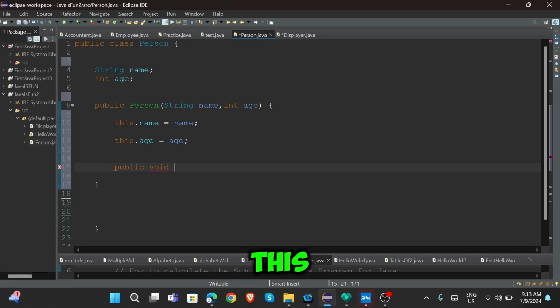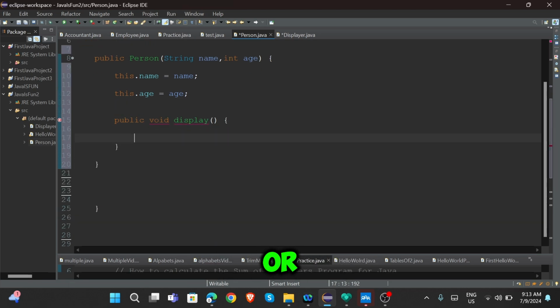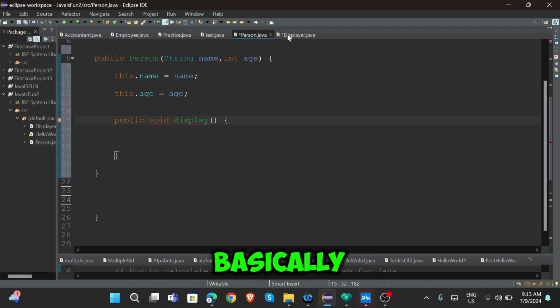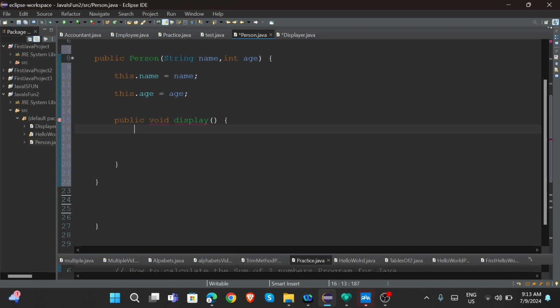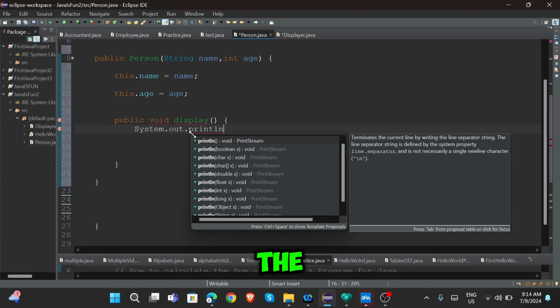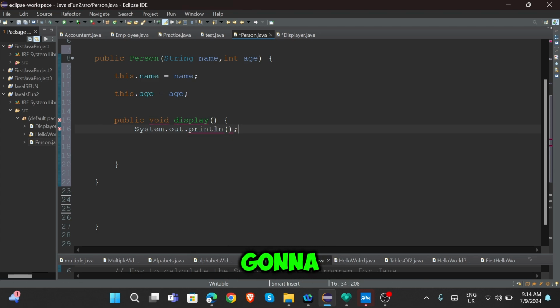void display. So what would that do? Well, you will soon figure that out, or maybe shall I say it? Alright, so this display will be useful in the displayer class later. Okay, so public void display. Now we're going to display the age and the name, right? So we're going to write